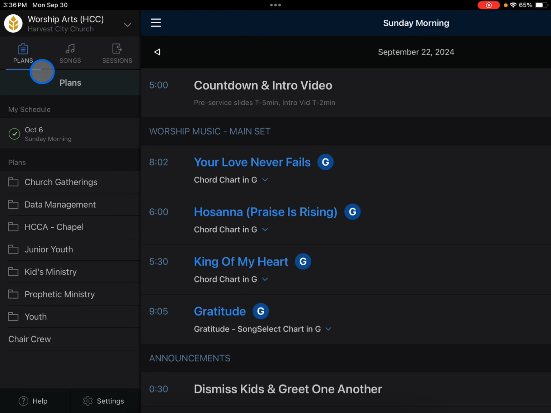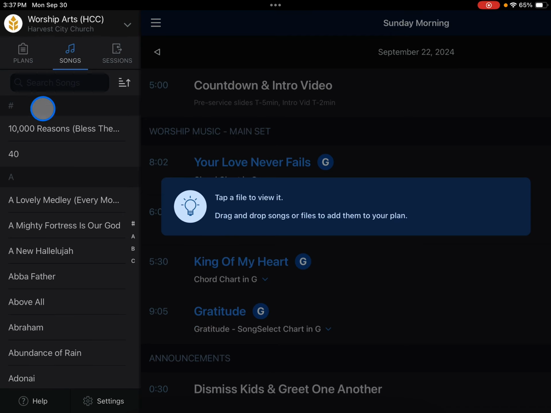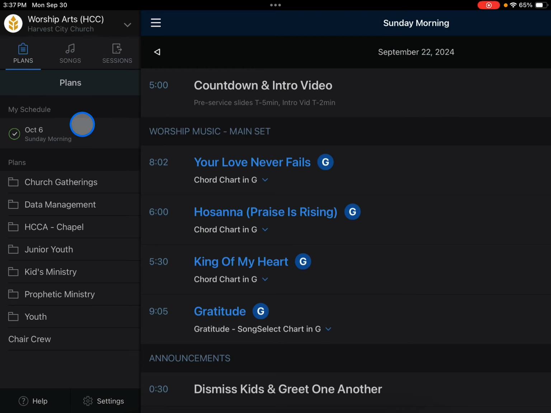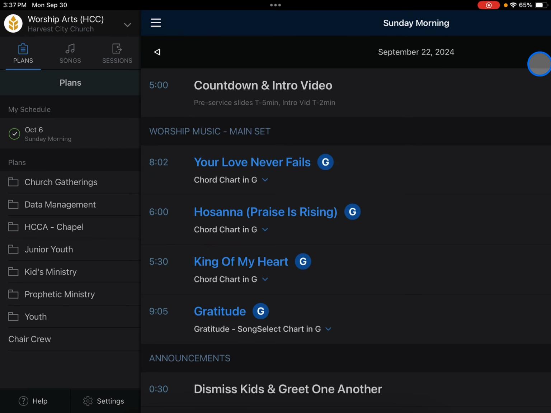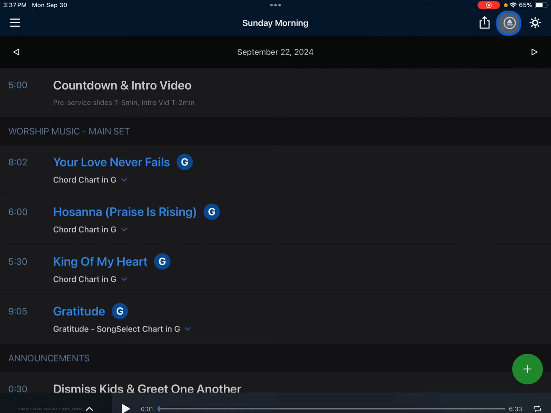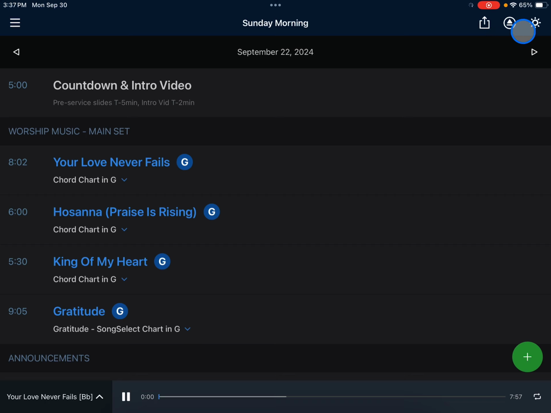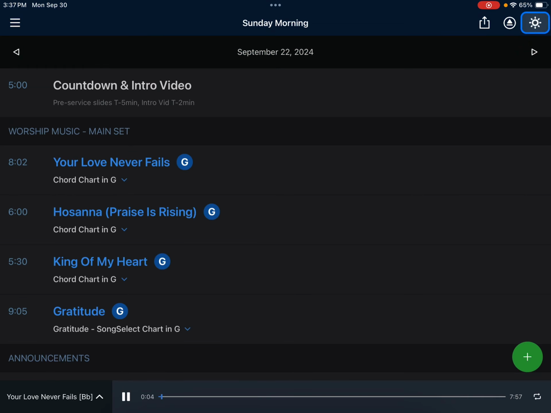Yeah, we've got the hamburger sign. You can also potentially play around with different things. I don't know if everybody has the ability to see different songs. That might just be people that are editors and schedulers, stuff like that. Let's move that hamburger. You can also open it in services, but typically we don't want you to have to do that. This gives you the whole playlist again. You can also change from